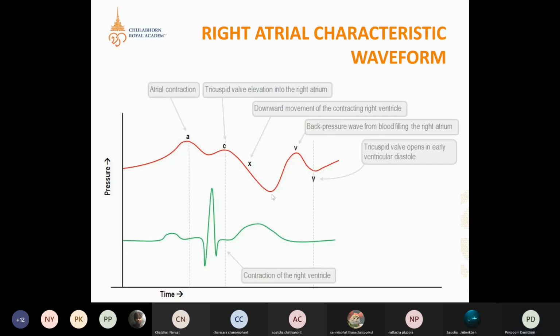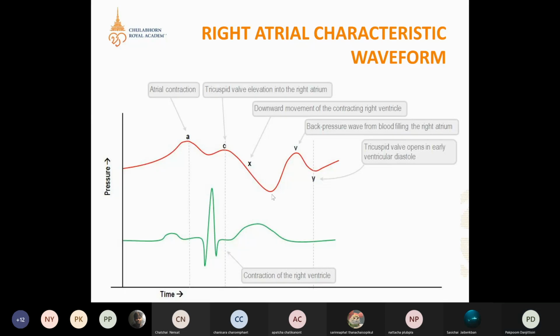Or the systemic or pulmonary circulation, depending on which chamber you are focusing on, I mean the RV or LV. If the LV contracts and pumps blood into the aorta, it causes the systemic circulation. But if the RV pumps blood into the pulmonary artery, it causes the